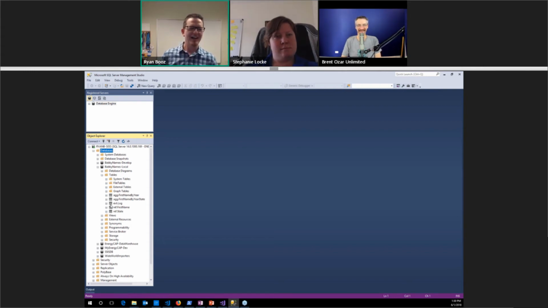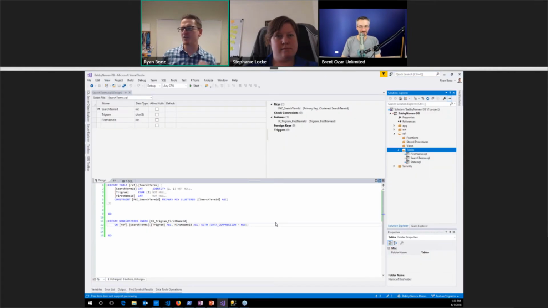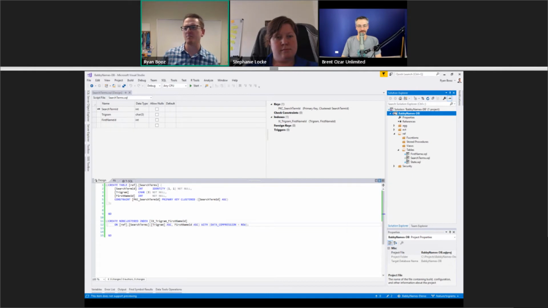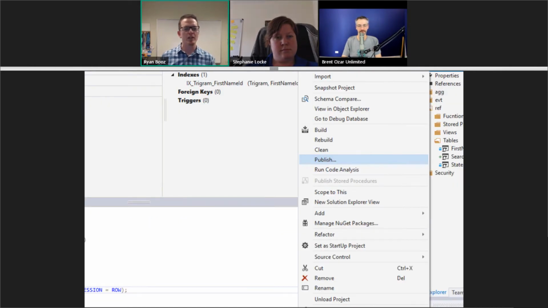So, all right, so we have that. Here's what we do. We right-click on the database, and there's this option that says Publish. And that's kind of the whole key thing to this. Publish is actually just a UI front to an application called SQL Package. And all these links are later in the slides that I'll put up. SQL Package is actually cross-plat. You can use that now on Linux and Windows. So if you have a DAC file, you could actually run SQL Package, whatever environment you have.